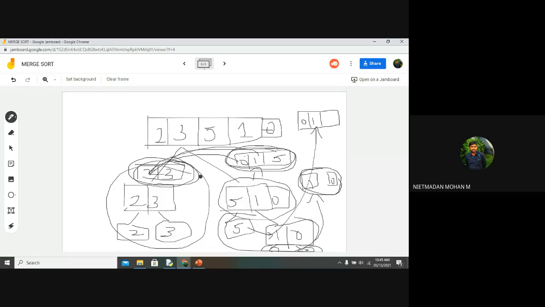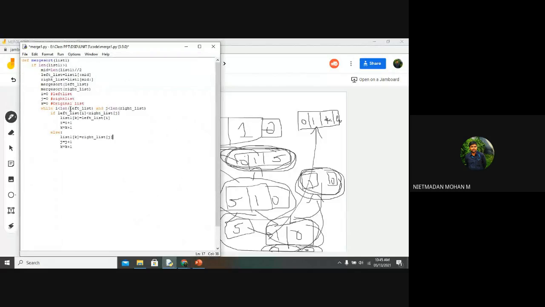Yes, that element wants to be stored in the particular list k, at the end of the list. So that is the process. In the final stage, based upon this code, first we are checking this, and after that you are checking this. For that purpose only, I have written the code with the length of the left list and the j length of the list. So in each iteration, the left list index will be incremented by 1, as well as the k also.